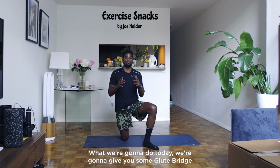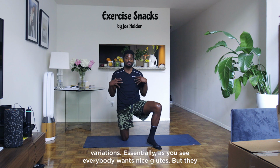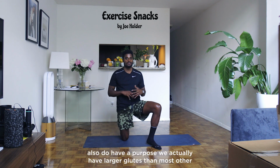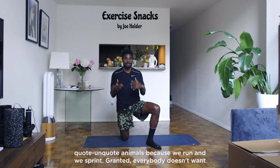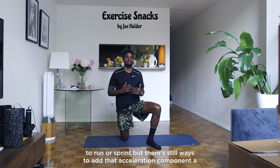All right, so what we're gonna do today, we're gonna give you some glute bridge variations. Essentially, as you see, everybody wants nice glutes, but they also do have a purpose. We actually have larger glutes than most other quote unquote animals because we run and we sprint. Granted, everybody doesn't want to run or sprint, but there's still ways to add that acceleration component a little bit